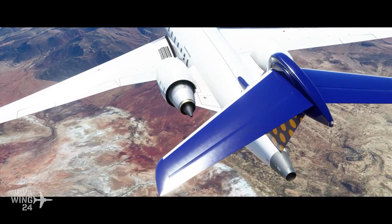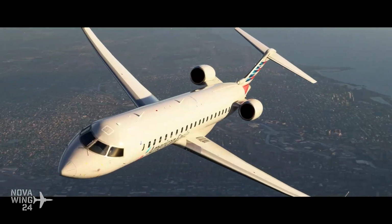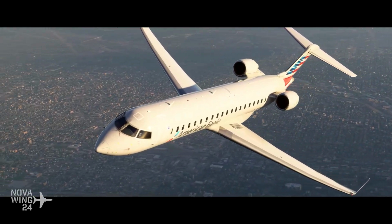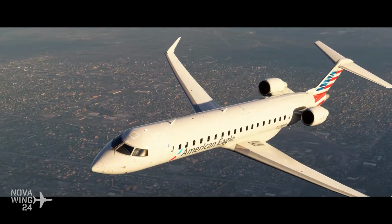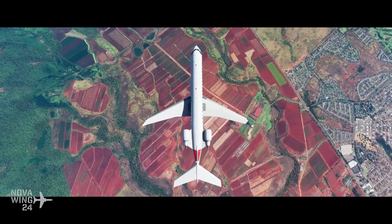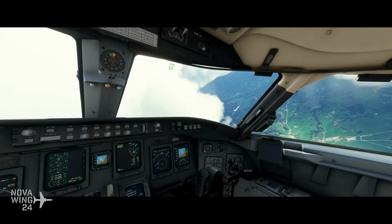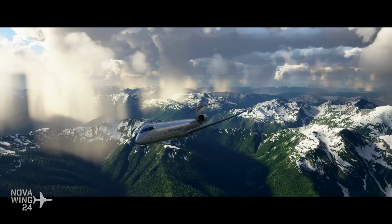Includes comprehensive manuals, a comprehensive custom sound set with the full WWise standards as well, compatible with a variety of hardware options for virtual aviators as well, and a variety of custom tweaking and options to be able to adjust the aircraft to your liking. Overall, this looks absolutely amazing, and I've got to admit that even for me, like, I am not a tube liner flyer of any kind of description, but